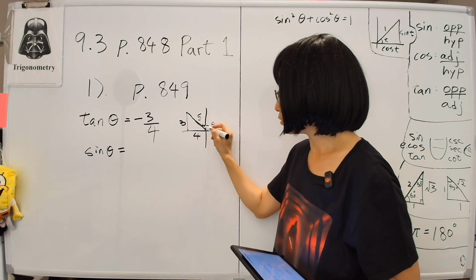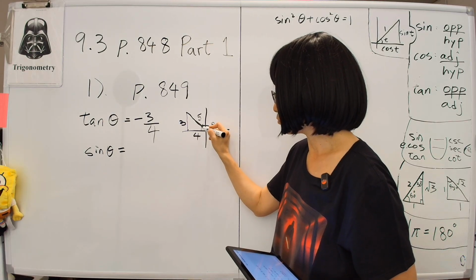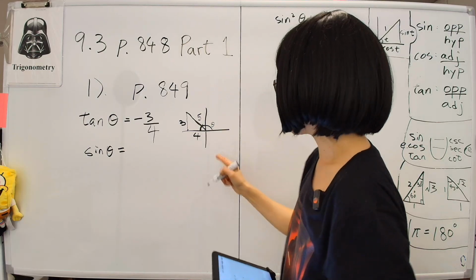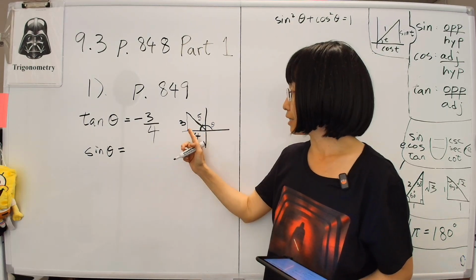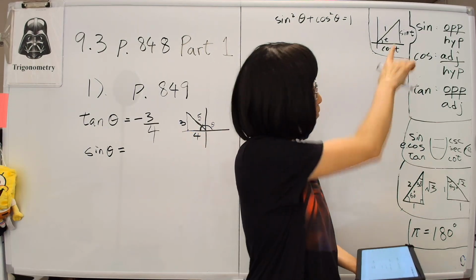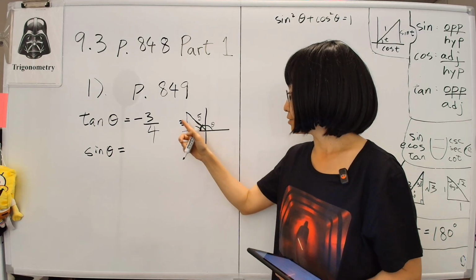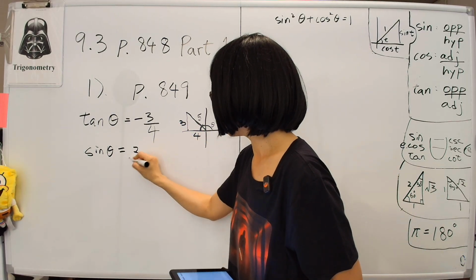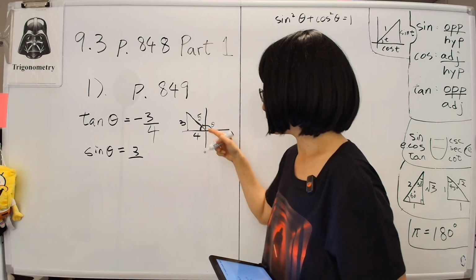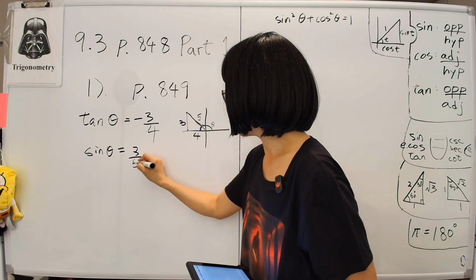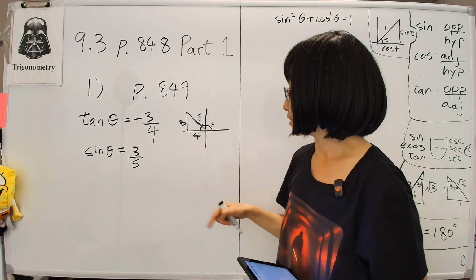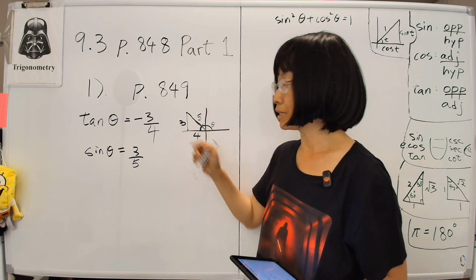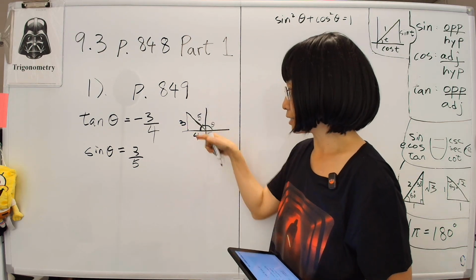Sine theta equals, here's theta. We only consider this reference angle. All the trigonometric values are calculated this way. So sine theta is opposite over hypotenuse. So this is opposite over hypotenuse, which is 3 over, this is the hypotenuse, sorry, it's 5. And that is adjacent. So 3 over 5 is sine theta, and the 3 is positive, because it's on the top,